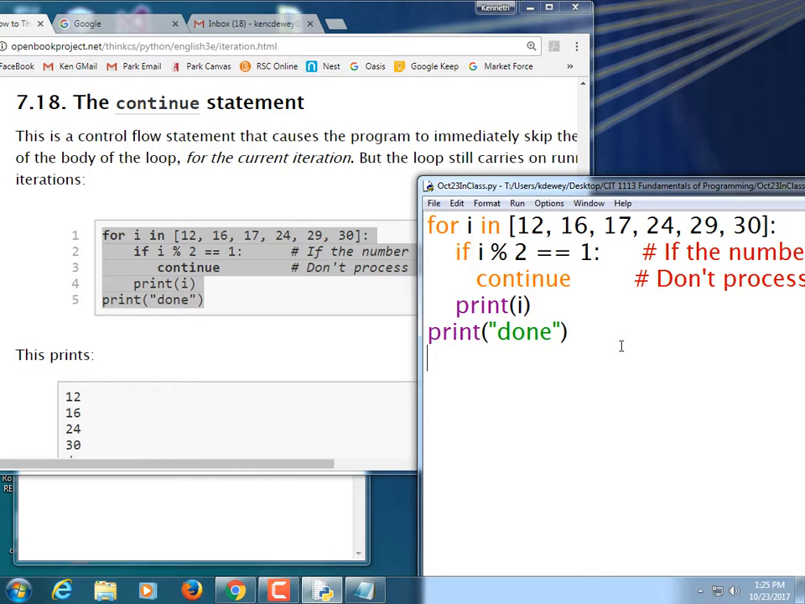So for 12, 16, why did it skip 17? It's not divisible because it says if the number is divisible by 2 and it equals 1, then don't print. If it's odd, yeah. So if it's odd, does it print or doesn't print? So do y'all see that? Because 29